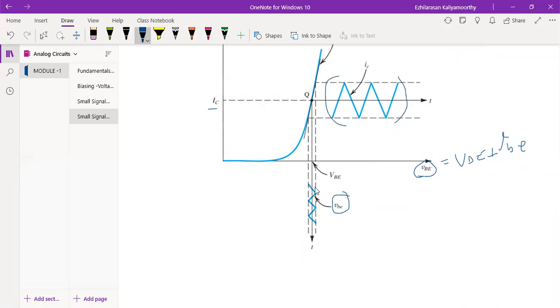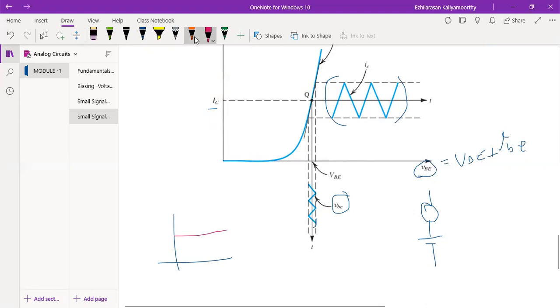There is a very small amount of small signal in this. So it's very simple. This is your VBE, along with which you superimpose a signal. This will be your input signal, which means a DC. You are superimposing a very small signal on the DC, which yields more current at the output.